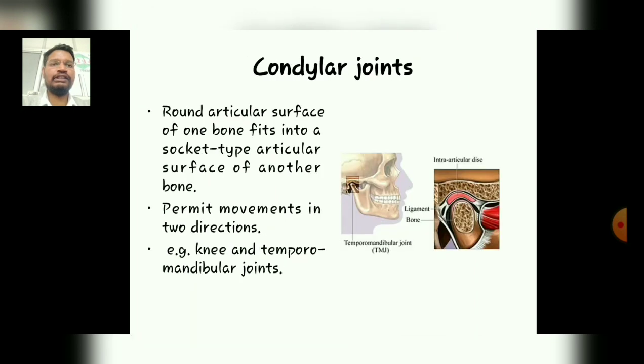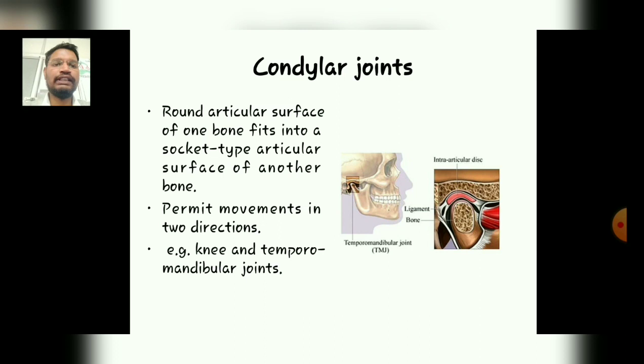atlantoaxial joint. The next one is the condylar joints, as the word condylar represents the articulation of two condyles, in which one condyle is round, with the articular surface of one bone fitting into a socket type of articular surface of another bone. Mainly the tibiofemoral joint is the best example of the condylar joints, as this type of joint permits the